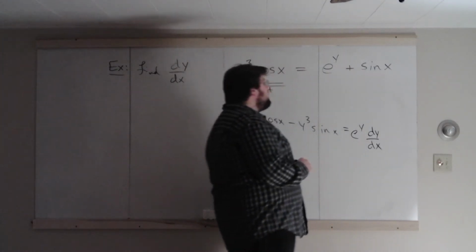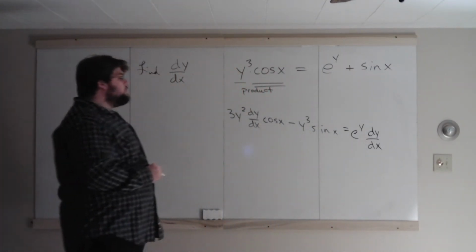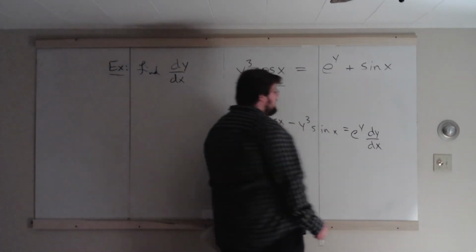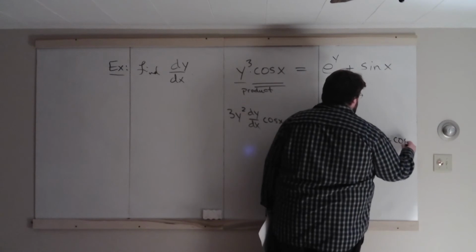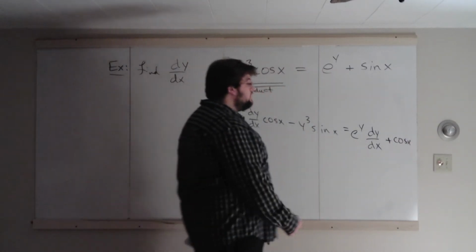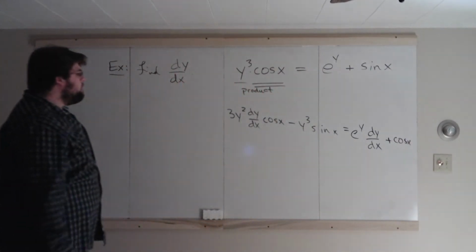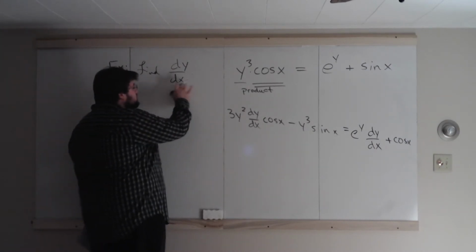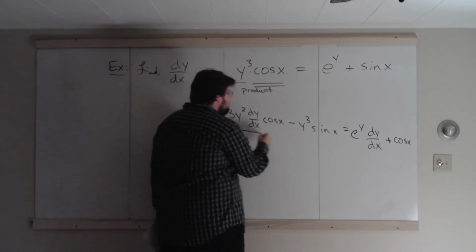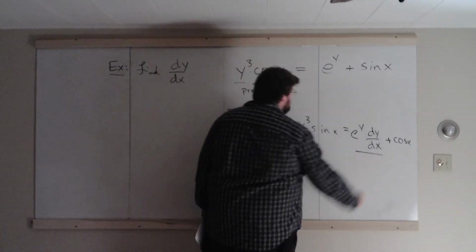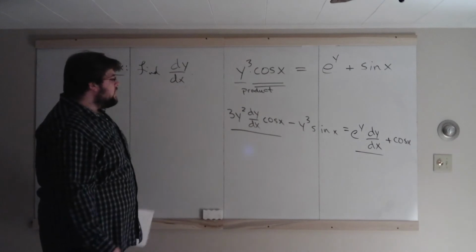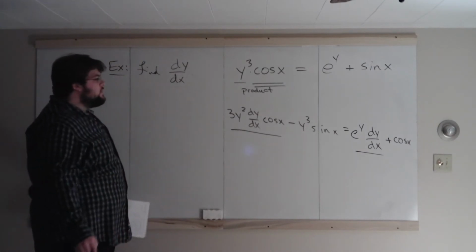So e to the y times the derivative of the exponent, which is dy dx. And then plus the derivative of sine. Derivative of sine is cosine. Okay? Our goal, remember, was to find dy dx. Well, there's a dy dx. There's a dy dx. So let's put everything with dy dx on one side and everything without dy dx on